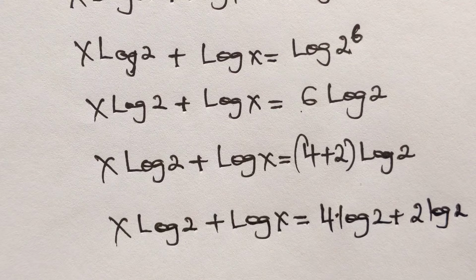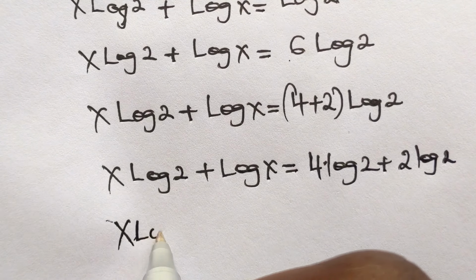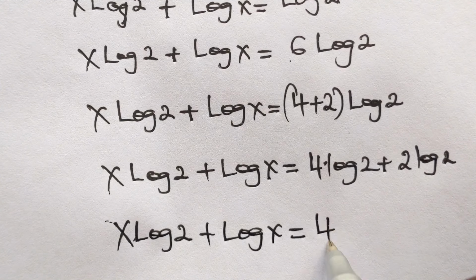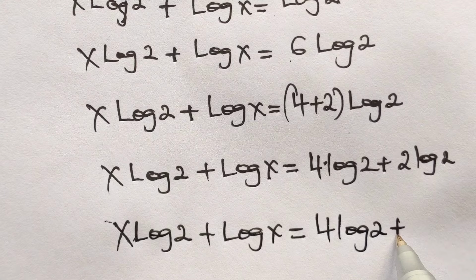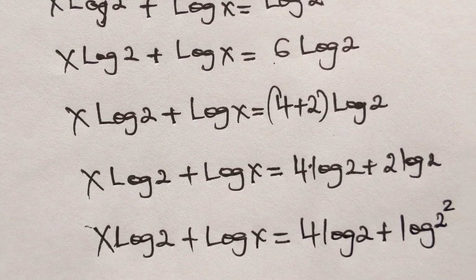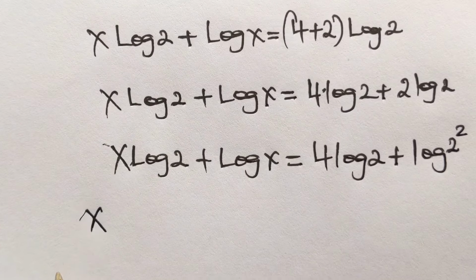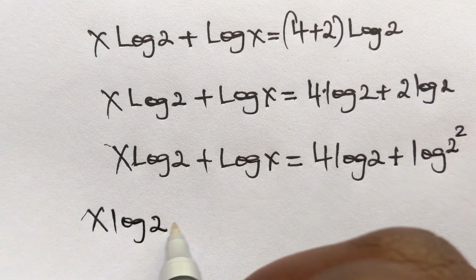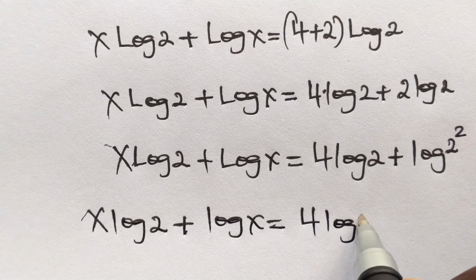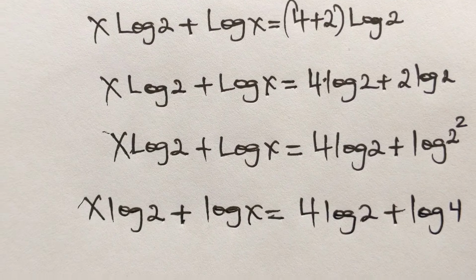As you have seen nicely here, we get x log 2 plus log x will be 4 log 2 plus log of 2 squared, right? Then here we shall say x log 2 plus log x will be 4 log 2 plus log 4, and the condition,